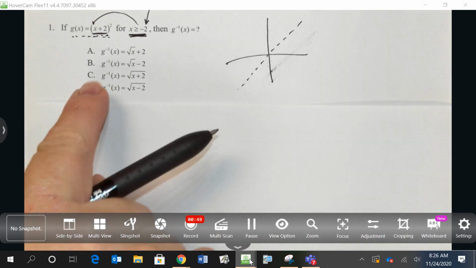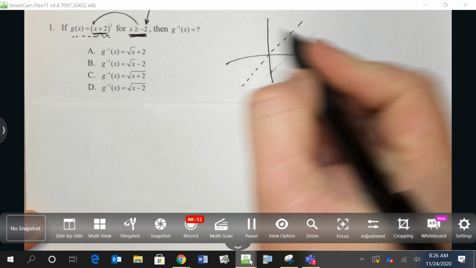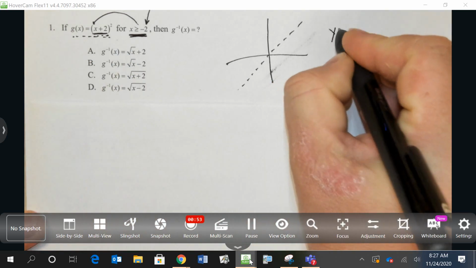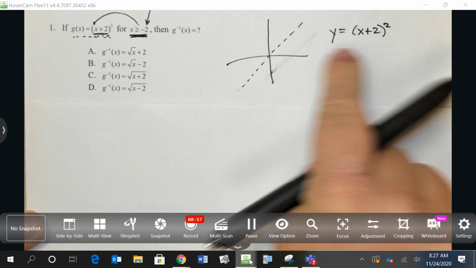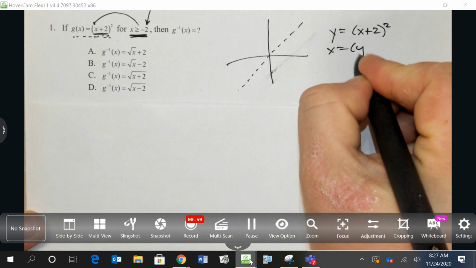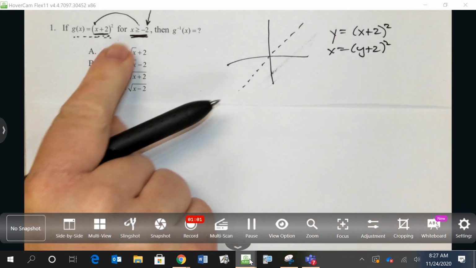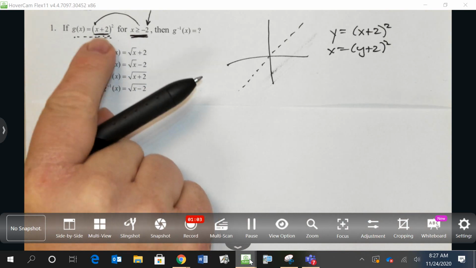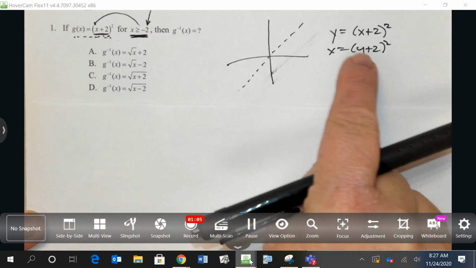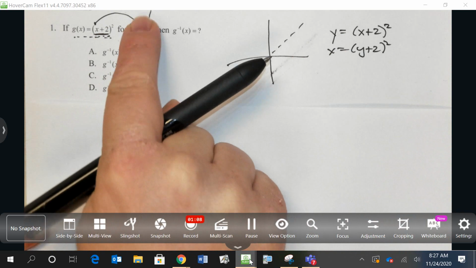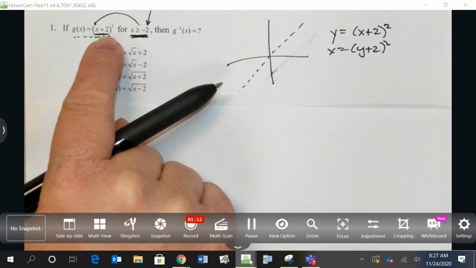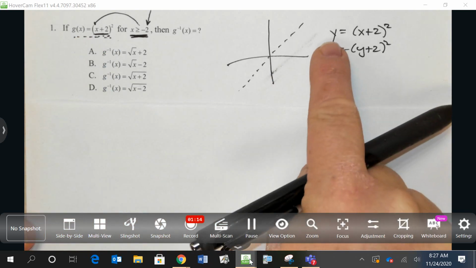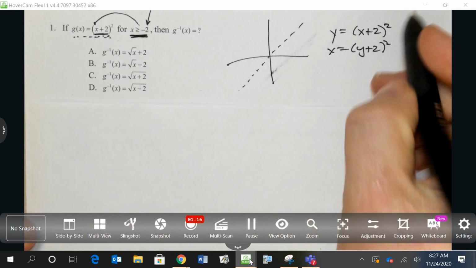So the next thing is to find this inverse. I'm going to first start by switching the x and y. So it was g of x. Remember, I'm going to put it first as a y, and then I'm going to switch the x and y. So when some students go, what do I do with this? Okay, when you're finding the inverse, remember g of x really becomes a y. And this has nothing to do right now with the inverse in terms of actually doing the operations to compute the inverse. So I make the g of x a y, I switch the x and y,